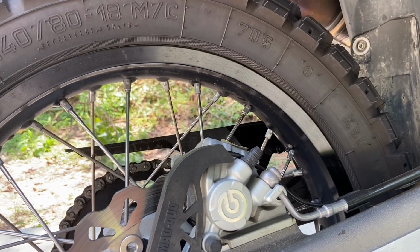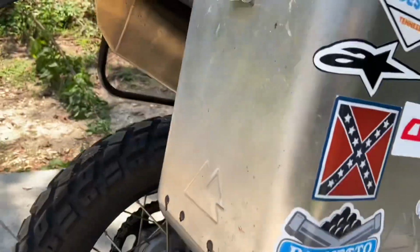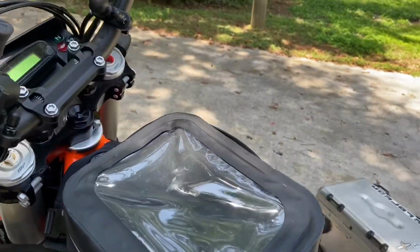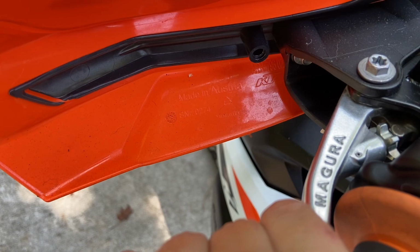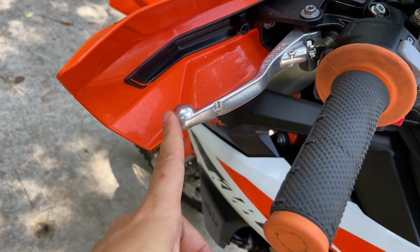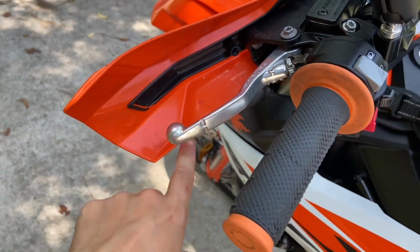The next one is the Magura KT. It's like a KTM brand lever. They don't make it for the brake side, which is kind of weird. But this is the lever here, and it's a little bit shorter than the stock one. So when you have the stock one, and I'll show you on the right hand side,